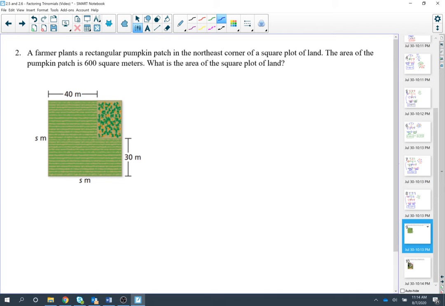The area of the pumpkin patch is 600 square meters. What is the area of the square plot of land? So we know this is 600, and we want to find the area of the whole thing. And we know that the area of the whole thing is S times S, because the area of a rectangle